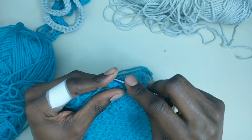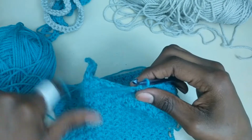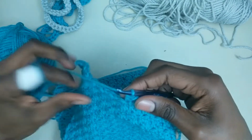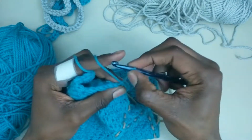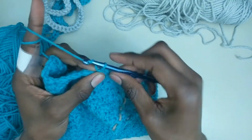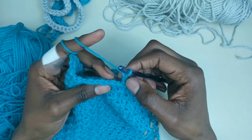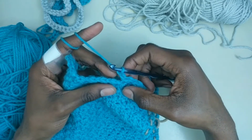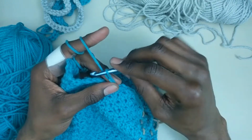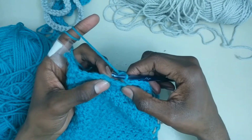chain, you can do one more stitch. So that would be, let's see here, single crochet, you do one more, so that's 11 on this side. You can chain 2 and just have a buttonhole with a chain of 2. I'm probably just gonna stick with this because I'm here, although I may change it later, but now